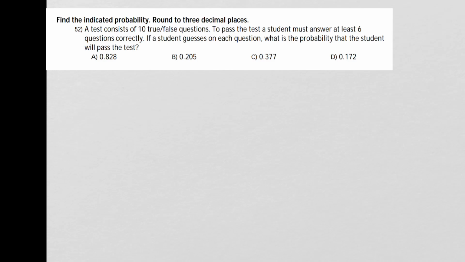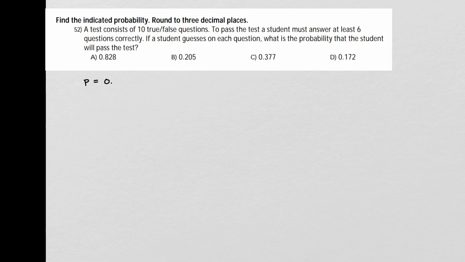In this problem, it asks us to find the indicated probability. A test consists of 10 true and false questions, and to pass the test, a student must answer at least 6 questions correctly. First of all, I'm going to look at the probability of answering one individual question correctly. Since it's true-false, that probability is 0.5. And we want to know if a student guesses on each question, what is the probability the student will pass the test. So we're looking for the probability of getting at least